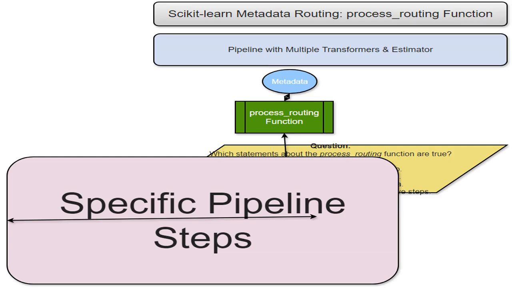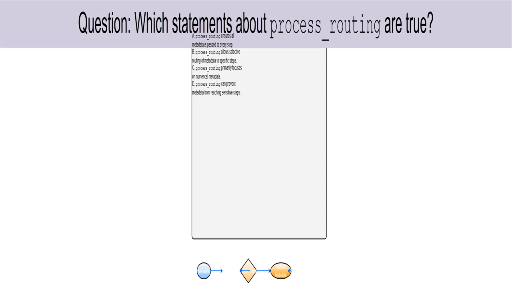Process_routing lets you control which stages receive what kind of metadata. For instance, you might want certain sensitive data only available to specific stages of your model. Not all of them. This question assesses your understanding of the sklearn.utils.metadata_routing